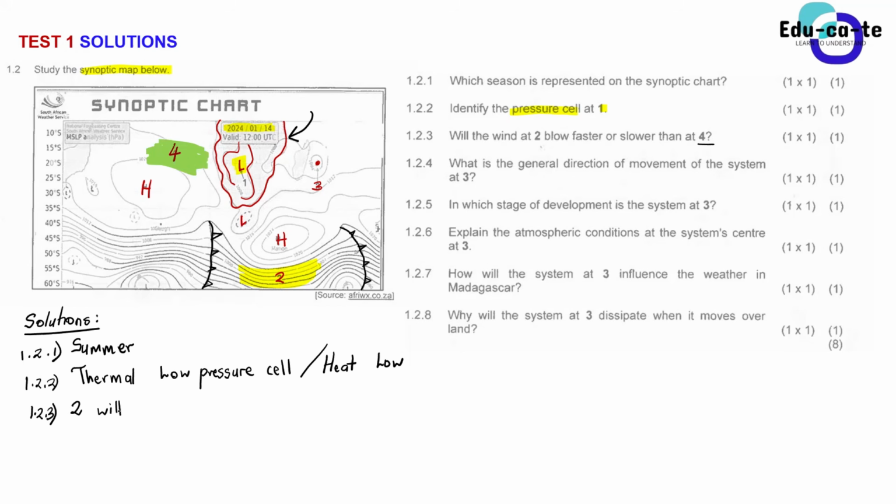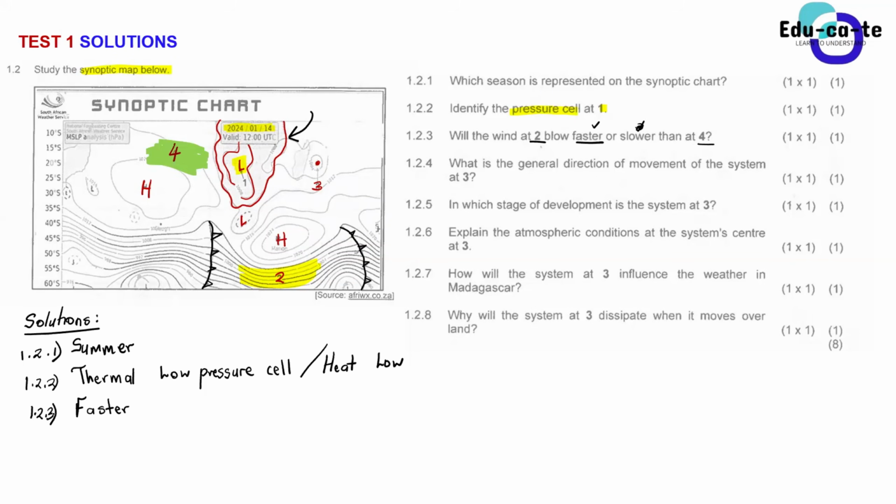Suppose the isobars at 2 are much closer together than at 4. Yes, so how to answer this: it's faster. That's the answer. They didn't ask which one blows faster. They asked will the wind at 2 blow faster or slower, and in this case we say it's faster, so the answer is faster.